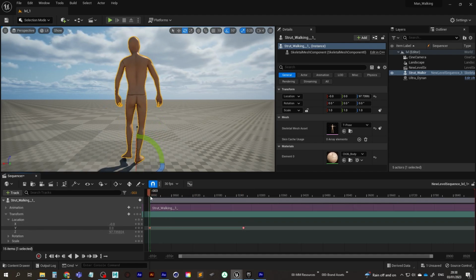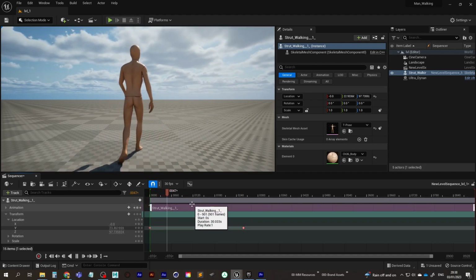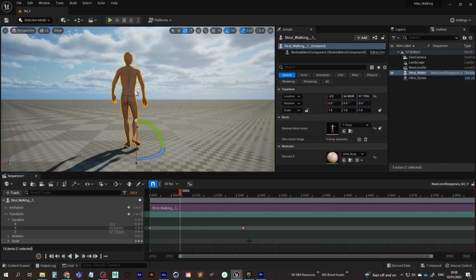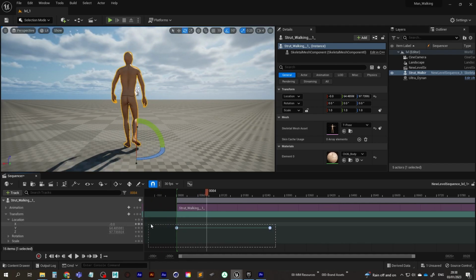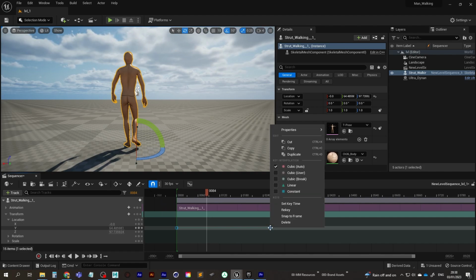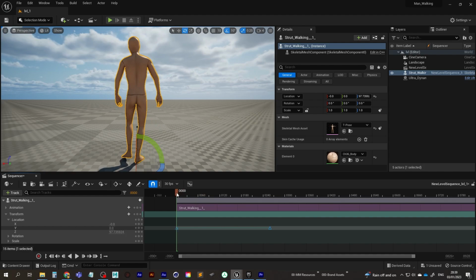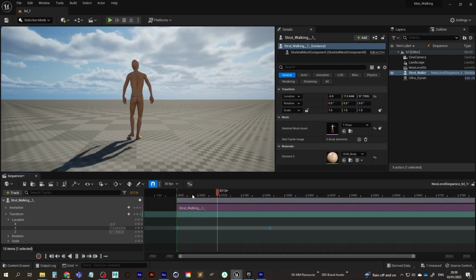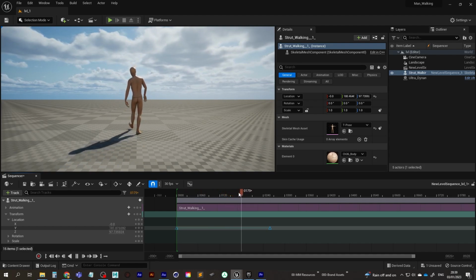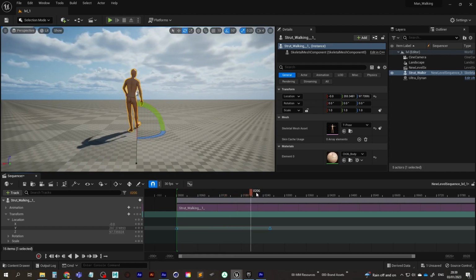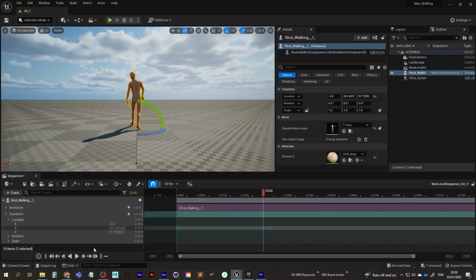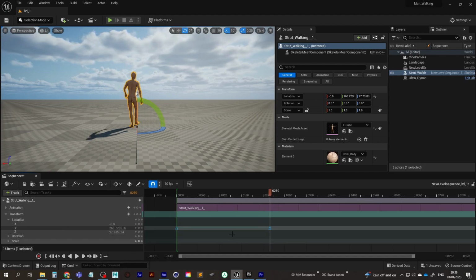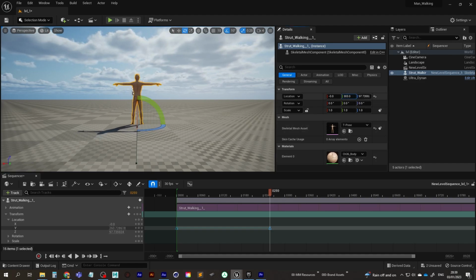And if we just play that, you see that we're going to get this easing in, easing out. We don't want that. So just lasso select both of the keyframes, right click and click on linear. So now we're not going to get any easing in or easing out. So he's not moving fast enough. You can see he's sliding along the floor. So we can use this jump to the next keyframe so that we're on this last keyframe, and we can make him move further up.